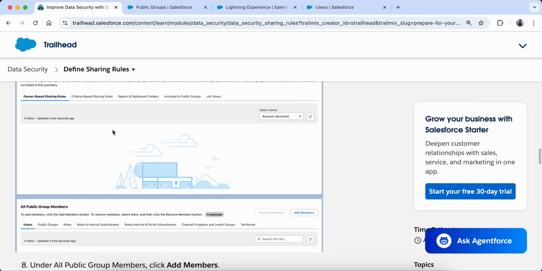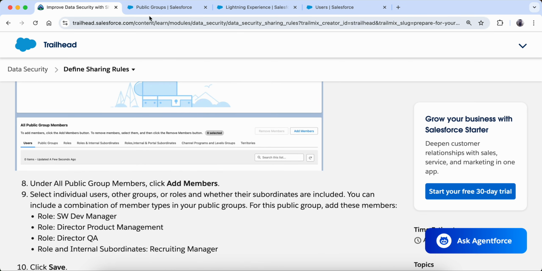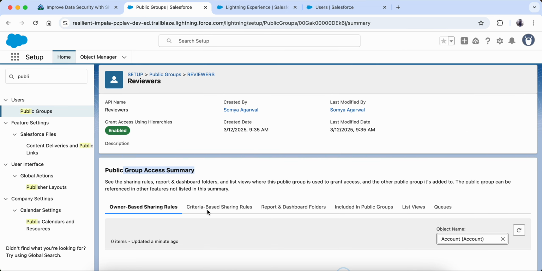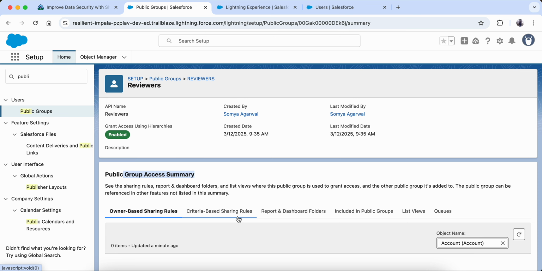Now they're saying that we can manage from here. Under all public group members, click add members. Now they are saying to select some members. I don't think we have these roles right now, because we have not created them, but we can add any member. So let's add some other member and then we will see how it goes.